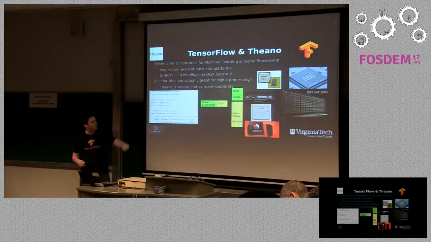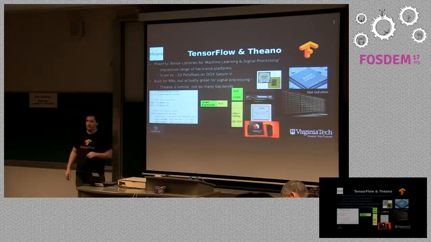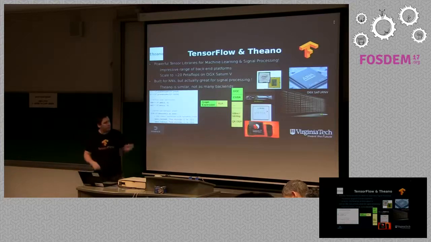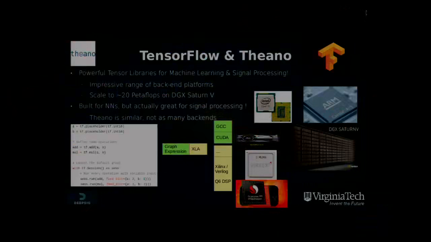Theano was around first and pioneered this, and then Google secretly rewrote it internally, and then eventually released it to the world. And now they're both very popular. The whole idea here is these are basically libraries that allow you to write big NumPy expressions, essentially, where